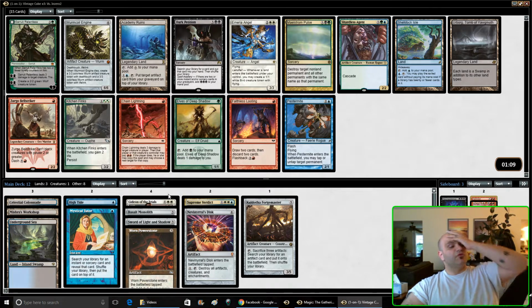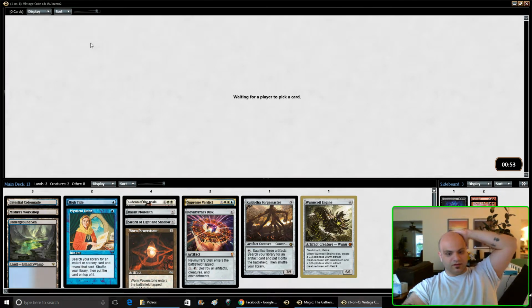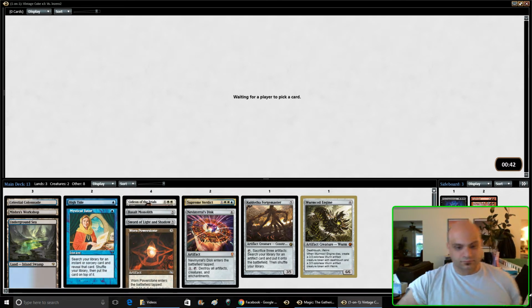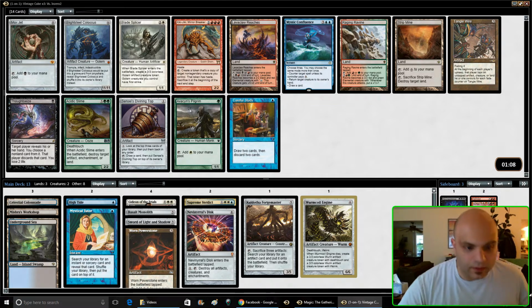Well, Academy Ruins and Shelldock Isle are both cards I want in this deck. Could take Pestermite and try to get there. Nah. This is a Wormcoil deck. Disc is kind of bad with all the artifact mana, although it's good with Planeswalkers. So if we end up going that route...